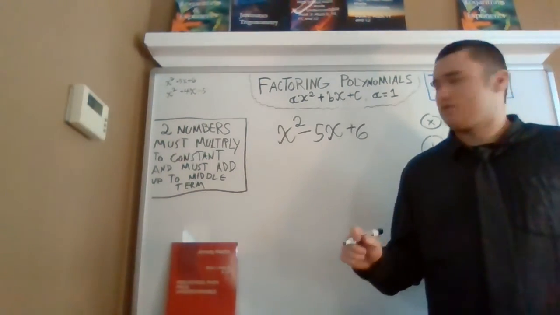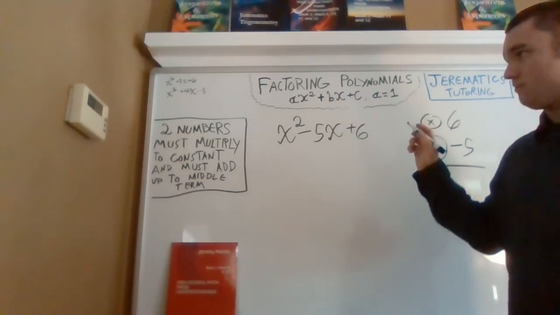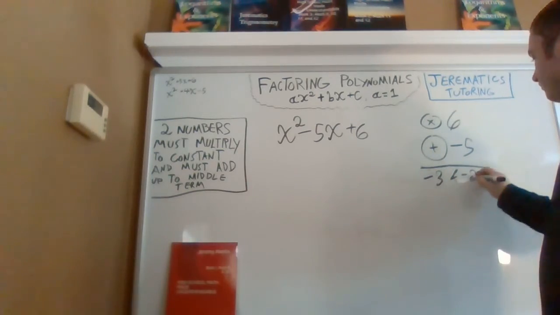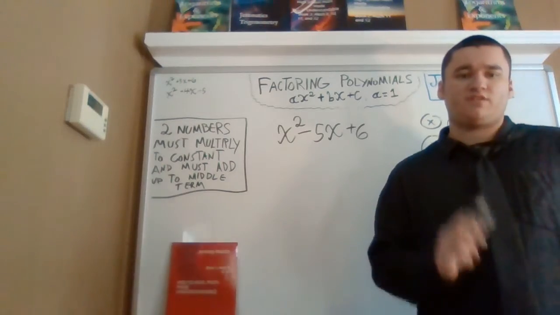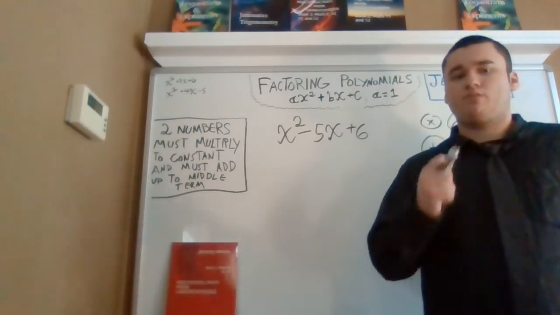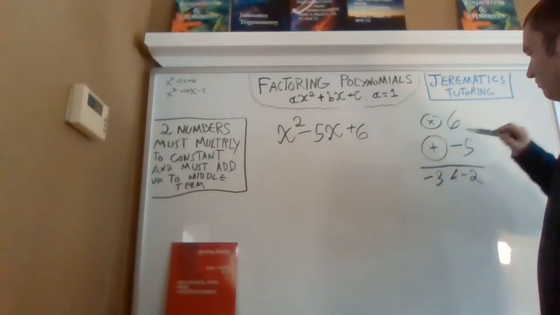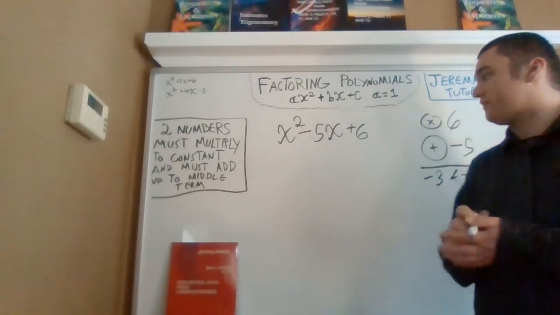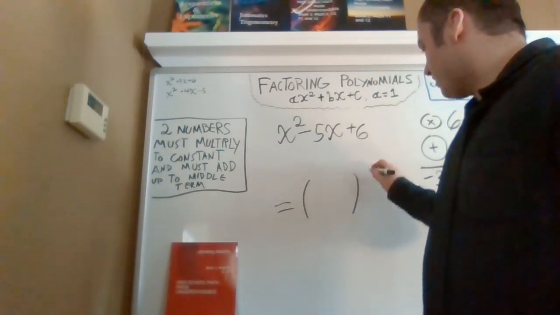Which two numbers are these? These two numbers are negative 3 and negative 2. Why is that? Negative 3 times negative 2 is positive 6, and negative 3 plus negative 2 is negative 5. Does this meet our conditions? Negative 3 and negative 2 multiply to positive 6, and they add up to negative 5. So this works perfectly. So now, just like we always do, we put our two sets of brackets,